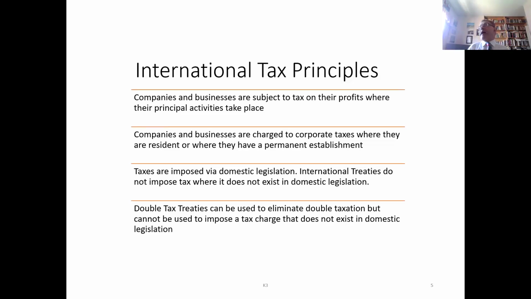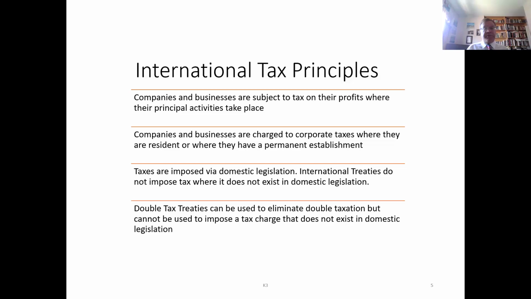So if I'm, say, manufacturing bird feeder boxes in the UK and I export them to the Netherlands, generally speaking, I'm taxed on the economic profits that I make in the UK, because that's where I make the bird feeder boxes. If I just get them shipped to the Netherlands, then I'm not subject to corporate tax in the Netherlands. However, if I open up an office or have a sales activity in the Netherlands, that could create